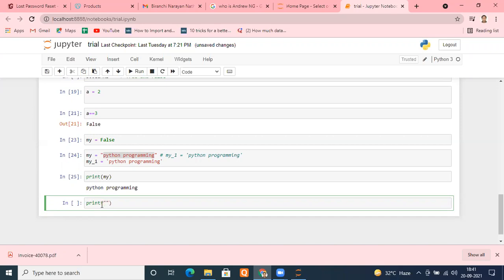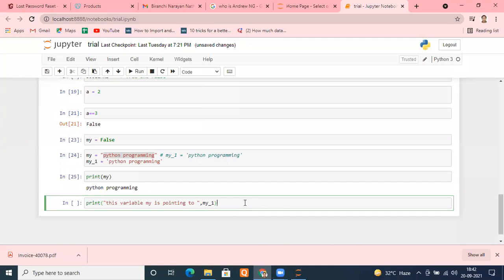So I'm writing: this variable my is holding, or pointing to. You can say that also. Give some space. My string is done. After this, put a comma and now give your variable name. What is my variable name? My underscore one. Okay, I want to see what my variable one is holding here.